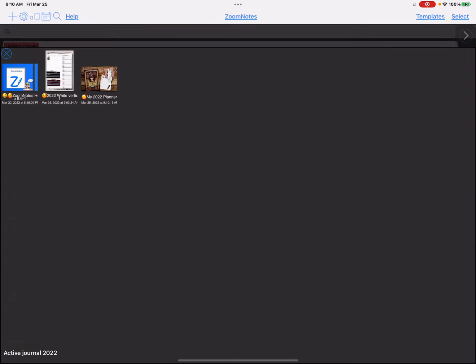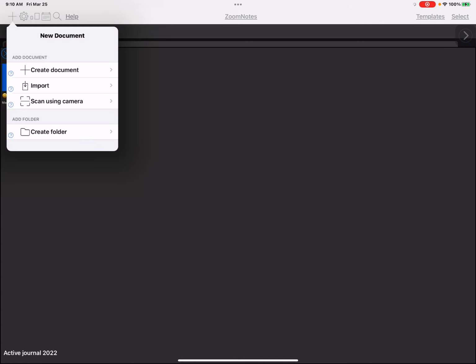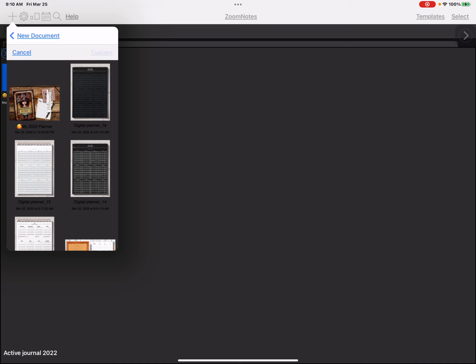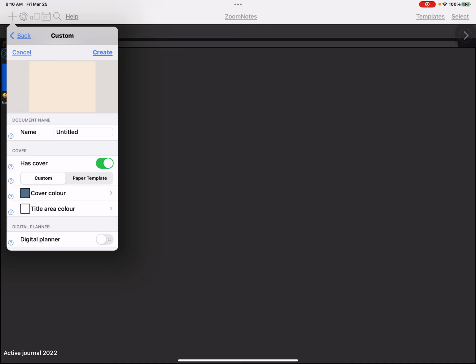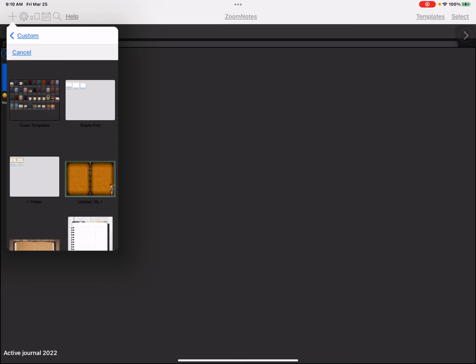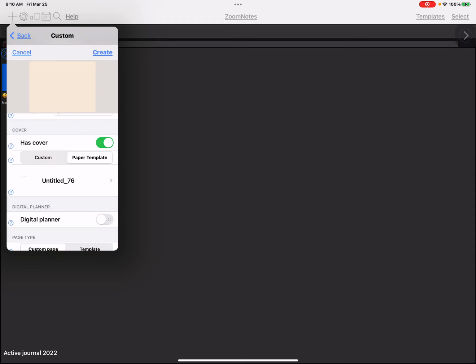And let me show you what I'm talking about. If you go to the plus up at the top and do create document and go to custom, the first screen, you have the option to have a cover or not. And if you don't have one that you're choosing, it will create one for you. Now, all it's doing, and you have complete control over, if I go to paper template, that would be the ones that I have already. See, one of these. But if I choose not to pick one of those, and I just use what it